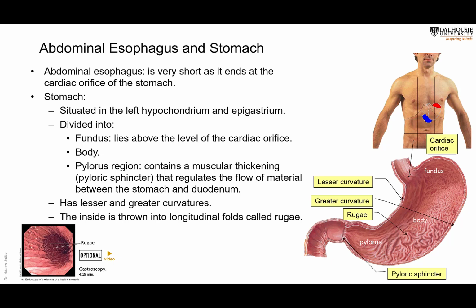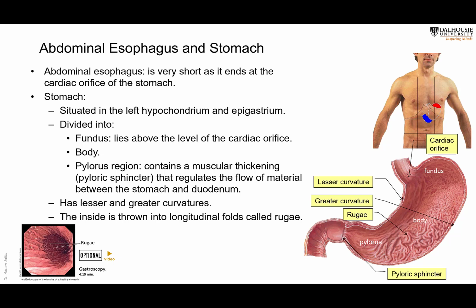So we have a small piece here of the esophagus that passes through the diaphragm. It's about 2 centimeters in length, and it is called the abdominal esophagus. And this opens into the stomach, the distended part. The opening is at what we call the cardiac orifice of the stomach. It's called cardiac because it's so close to the heart above the diaphragm. So that's why it's called the cardiac orifice, or they just call it the gastroesophageal junction, if you would like to call it